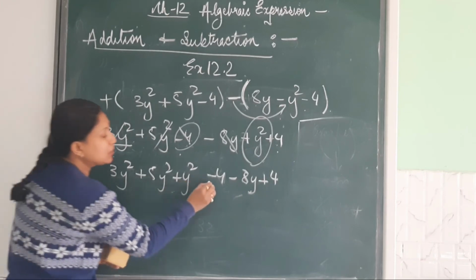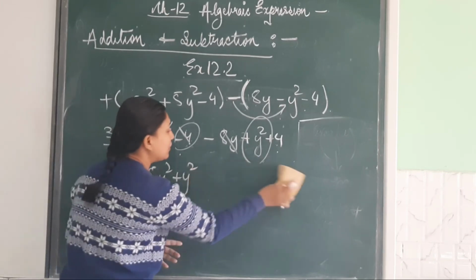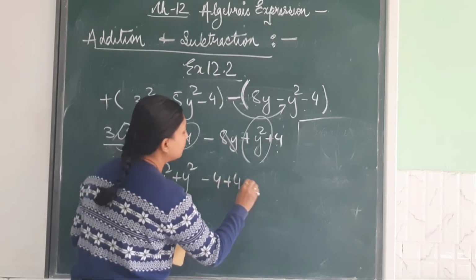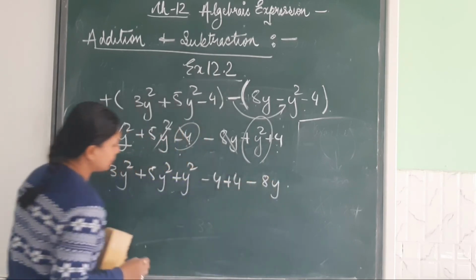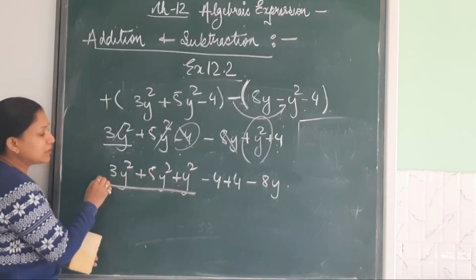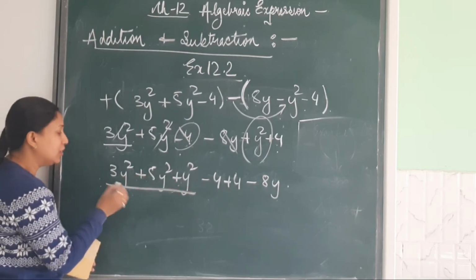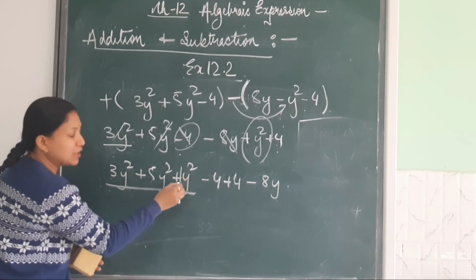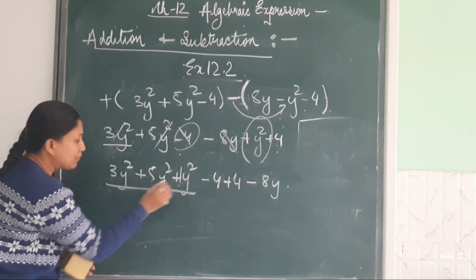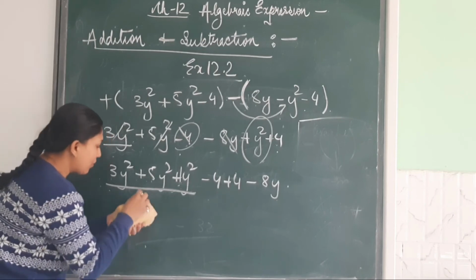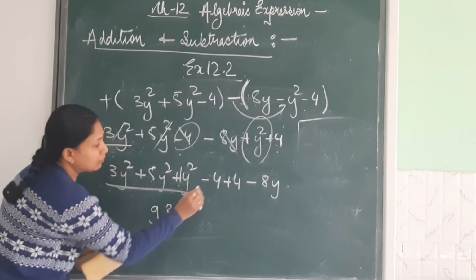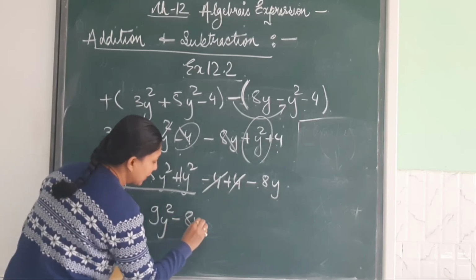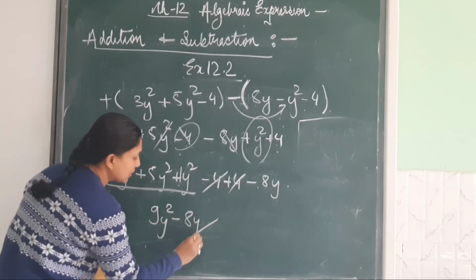Okay. But these two are again constants. So we will arrange it in like terms. Minus 4, then write down the constant value. Then write down minus 8y. Okay. All the signs here, plus, same sign. So add and put the same sign. 3 plus 5, 8. And the coefficient here is 1. So 8 plus 1, 9y square. See, they will cancel each other. You are left with minus 8y. Got it? This is 8y.